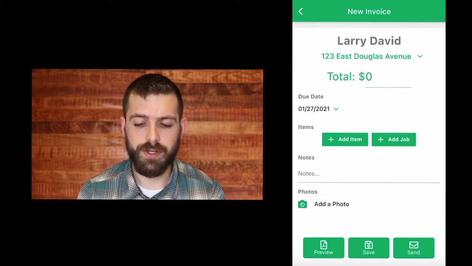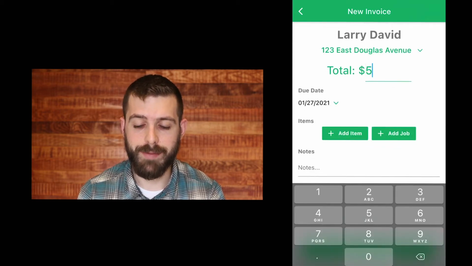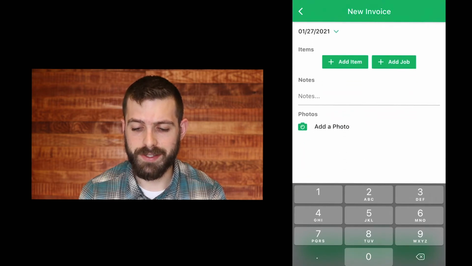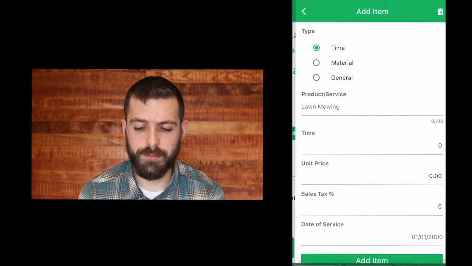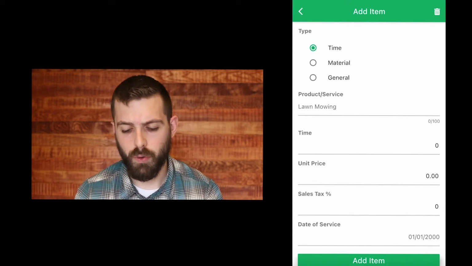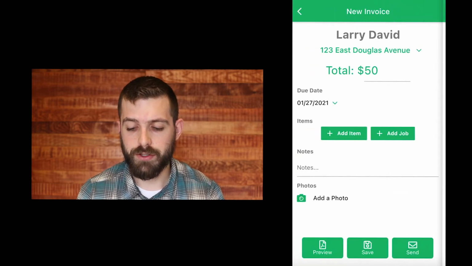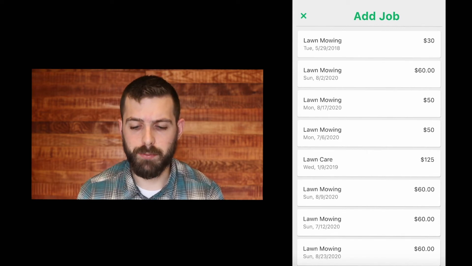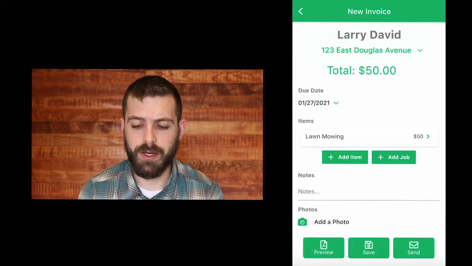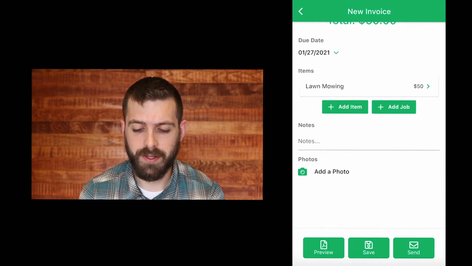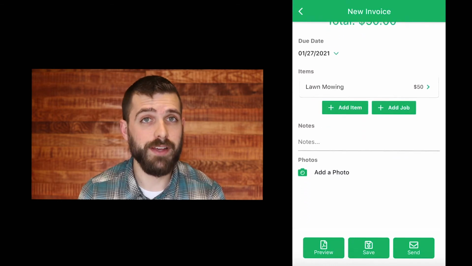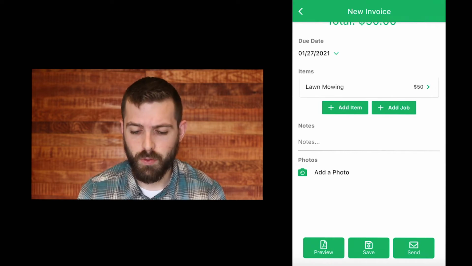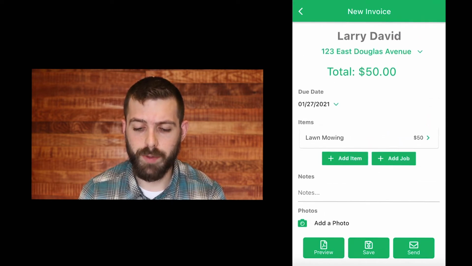In sending an invoice, it's as simple as typing in the amount of the invoice and marking that to be sent. But you also can add line items, whether that's time or material or just a general service item. You can also add jobs, meaning if you scheduled a job for Larry, whether that's been completed or not, you can go ahead and select that to be a part of the invoice that you're about to send out. We can do a preview, which I'd highly recommend if you've never used LawnBuddy before, because it'll show you what your customer will see. We can save the invoice for later, or we can go ahead and send it out